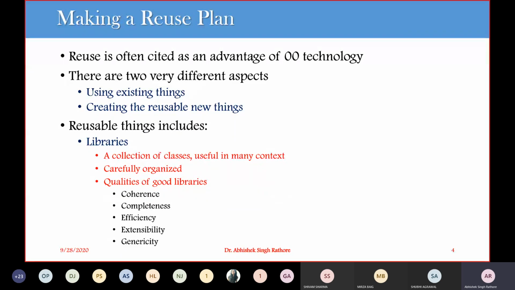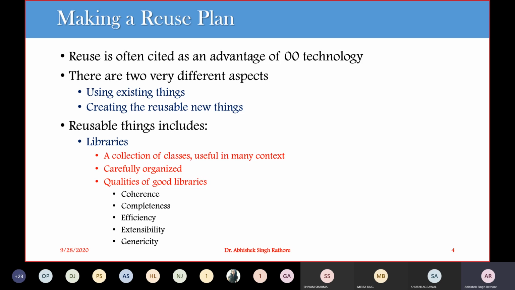Again we go to extensibility, so the user should be able to define subclasses for particular classes. This is how we can extend our classes, so that we can provide more and more definitions for this function.